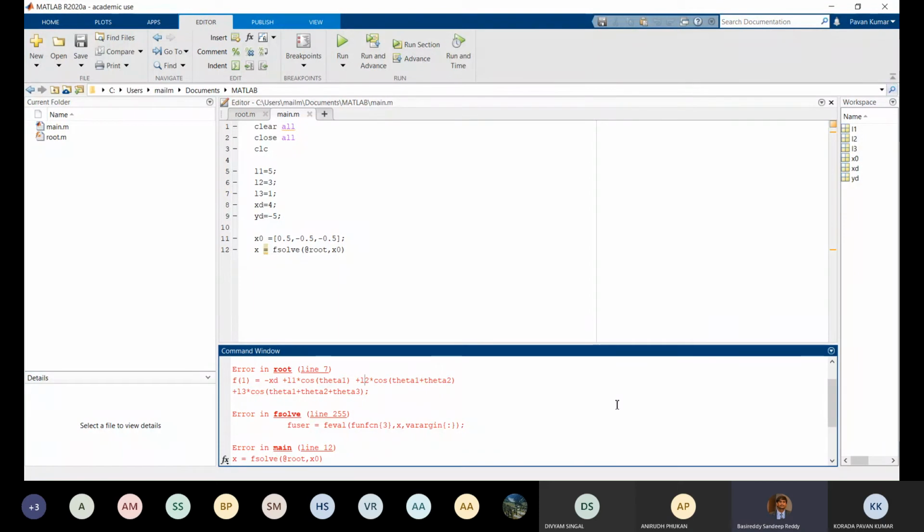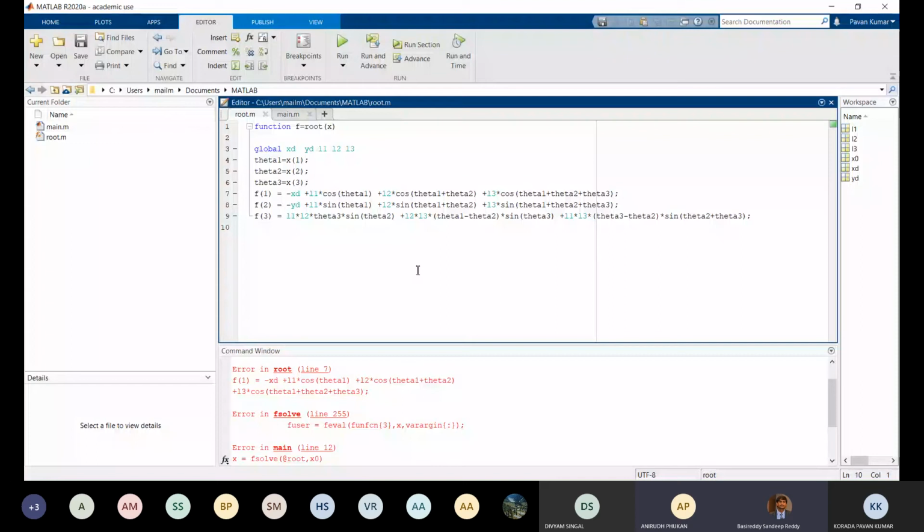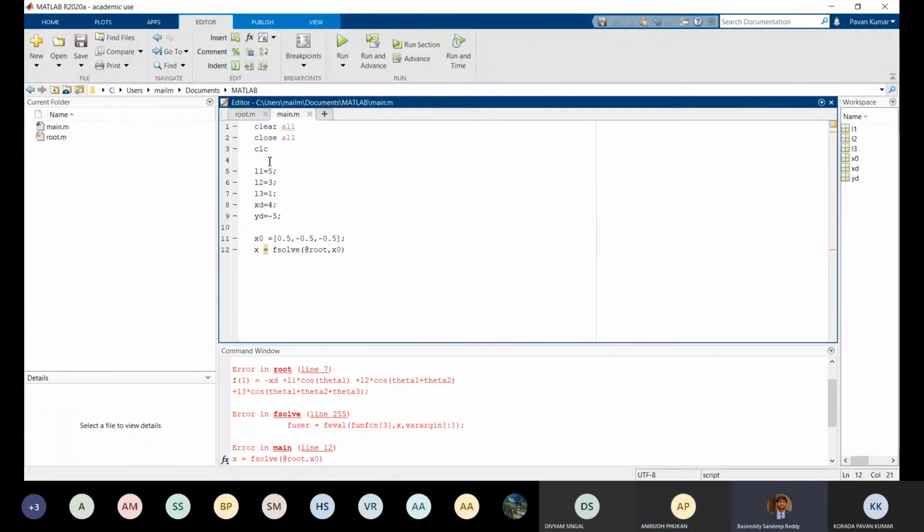Can you go to the root file? He hasn't typed global in main. Oh, in the main you have not typed global. That same thing you have to type.